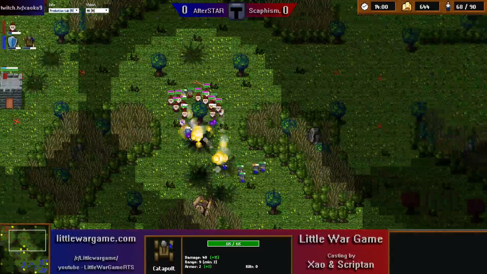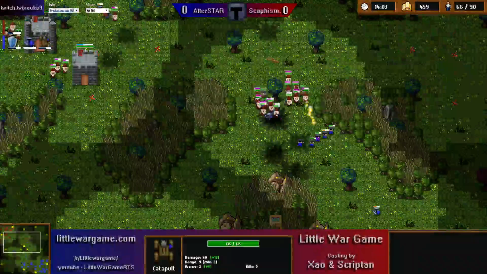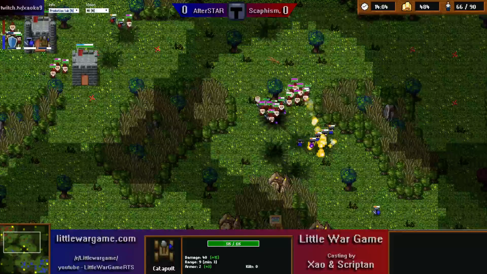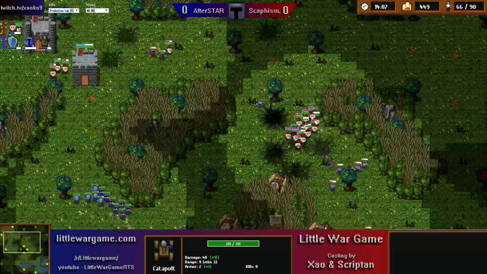Riflemen and soldiers will take some hits. But AfterSTAR's kept most of his army in reserve here, allowing his opponent to just burn a lot of energy. And again, he's just going to counter